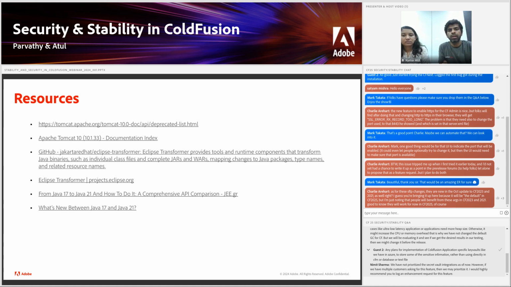So just to circle back about what sections we have gone through, as we are very much committed to security and stability in ColdFusion, we look at this problem holistically. We look into it internally by upgrading our OEMs. We also look at it from an external point of view, where we talk to customers, and if there are bugs reported, we look into it and address it